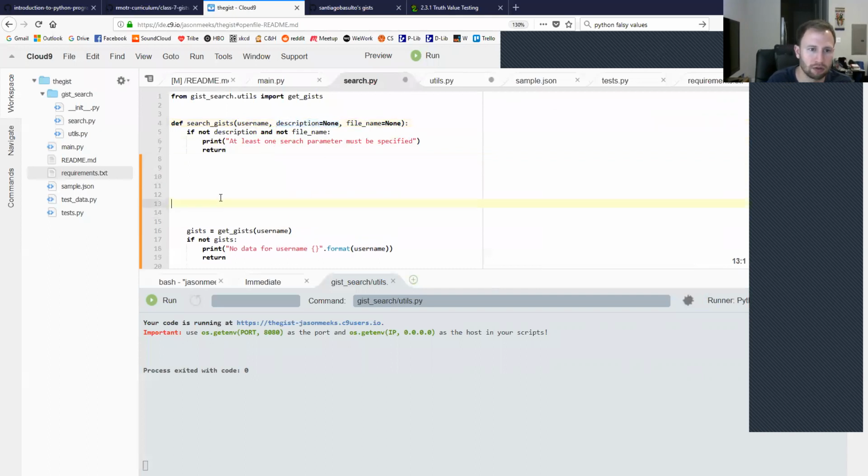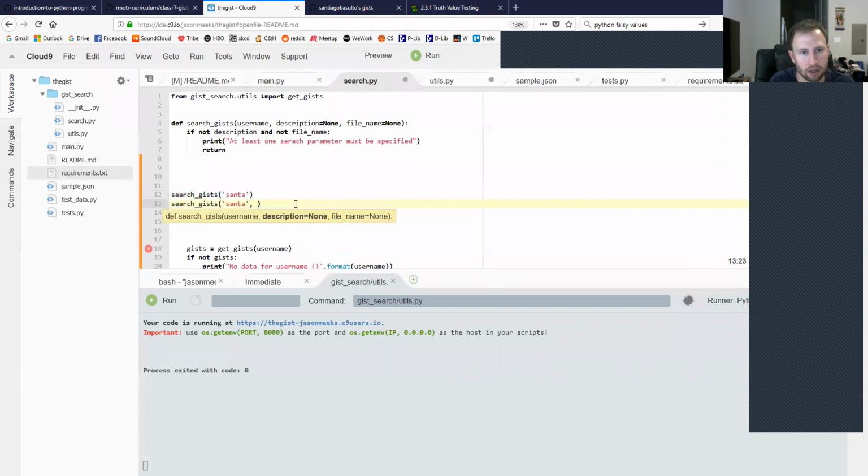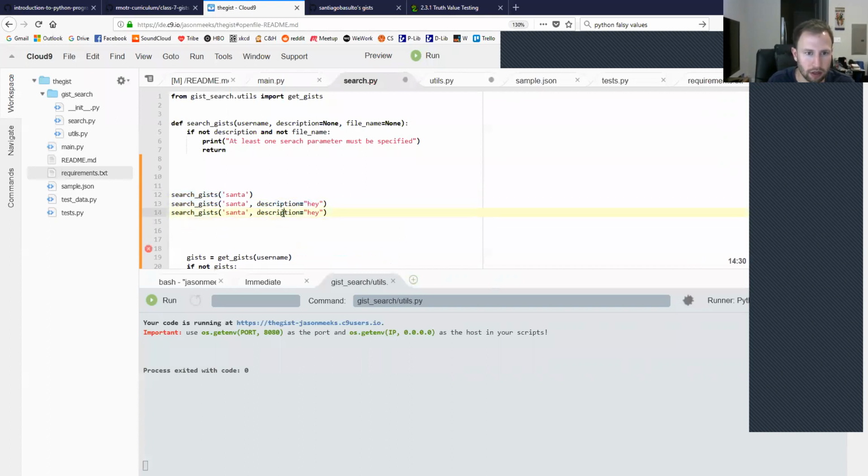When I call this function, search gists, I have to pass a username, so I'll say Santa, but I can run this function like this, and I could say description equals hay. I could do it like file name equals hay. I could do it like,